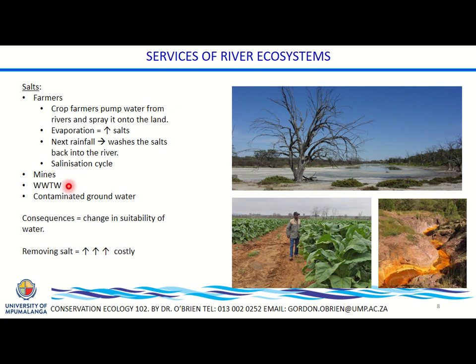Wastewater treatment works, again from the urban communities, a lot of your chemicals go into the wastewater treatment works. A lot of those chemicals are salt and contaminated groundwater. In many parts of the world, the groundwater is kept low because the groundwater can sometimes be too salty. And when you start to irrigate and pump and start to link the groundwater together, the groundwater can rise and it becomes a problem. And what we found in Joburg now, in the whole of the Witwatersrand area, is because